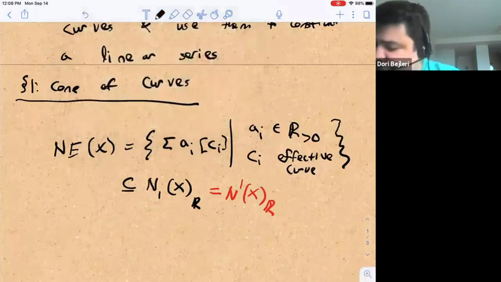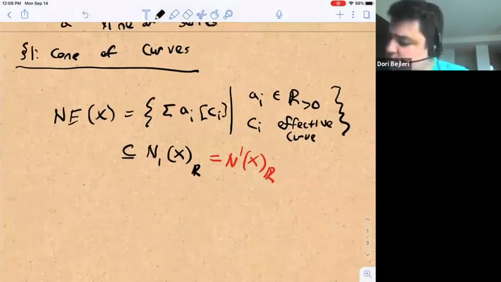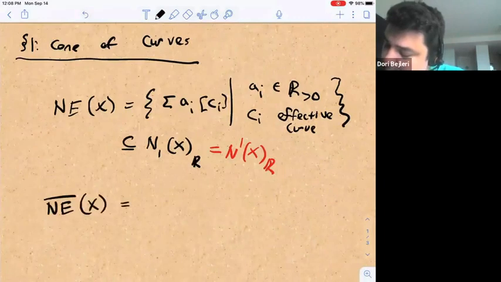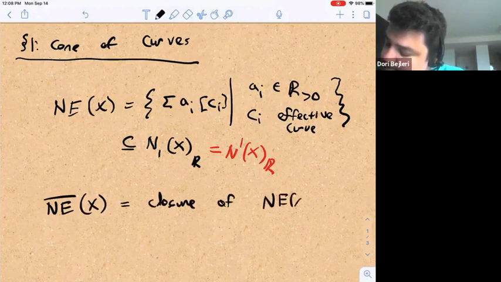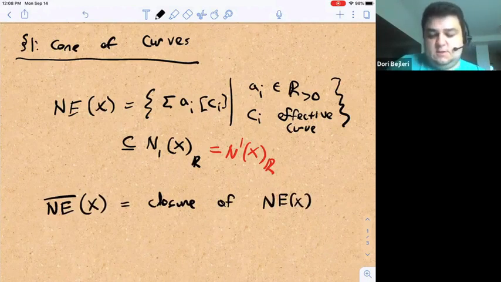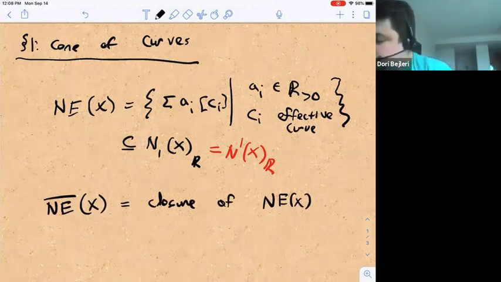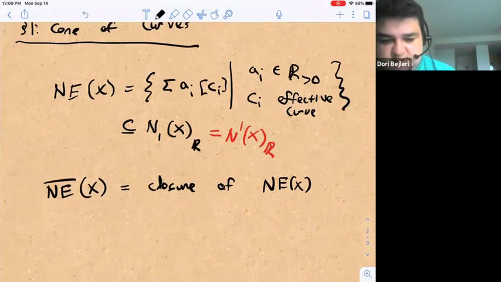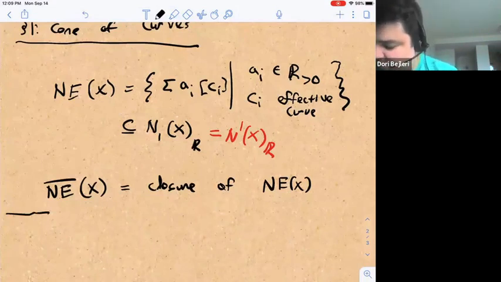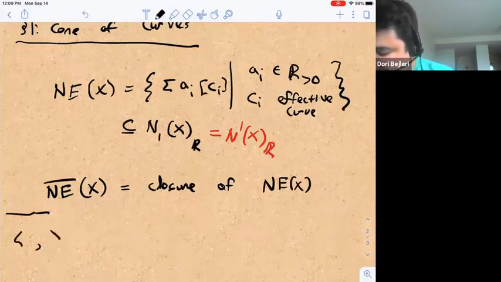So that's one of the things that becomes more complicated in higher dimensions. And then we define this closure, and this closure means in the real Euclidean topology on this real vector space. And this vector space has a pairing. So given my intersection product, and this is one of the places we'll use that N_1 and N^1 are the same, so if we have some vector space with a pairing,